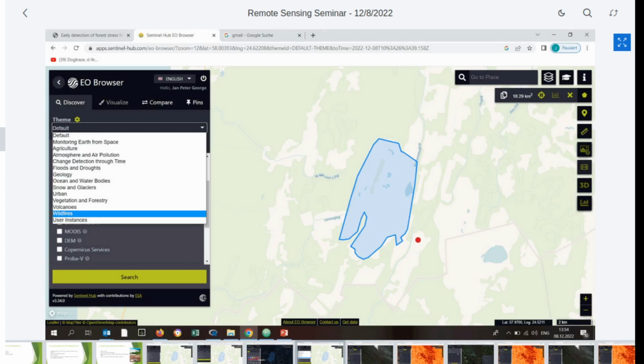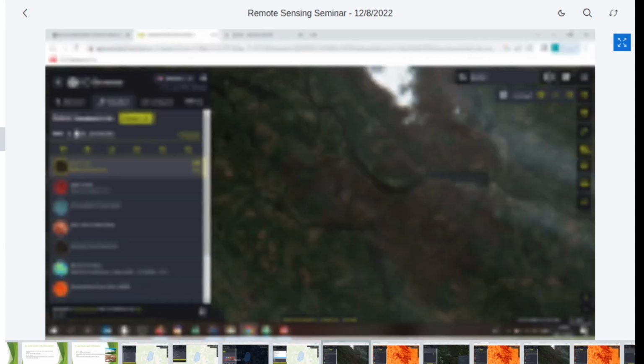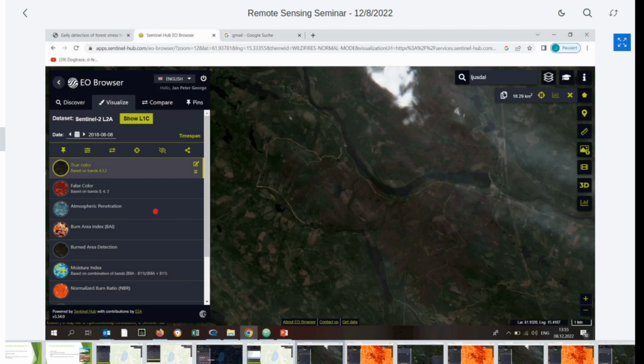Yeah, then that is one option. So let's say that you are interested in a specific remote sensing topic. Then you can here go to theme, opens this window, and here you can select between different options. So for instance, I selected here wildfires, and then you can go to a specific region where probably you know that a wildfire occurred. And then so here, for instance, you see this area here is an area in Sweden, middle Sweden, that was burnt in 2018 after a drought year.